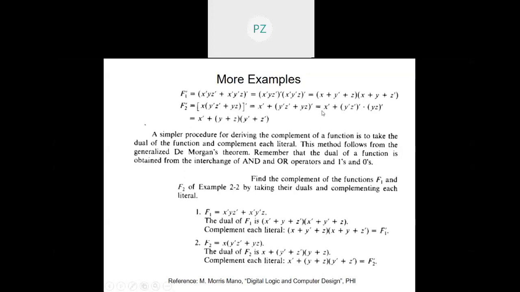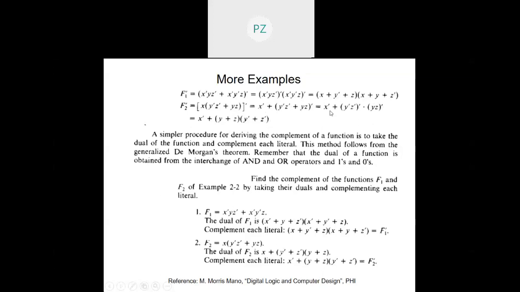Now again this x' will remain as it is because it is a single variable, plus now this needs to be complemented, so each individual term would be complemented. So it will be (y' z')' dot (y z')'.